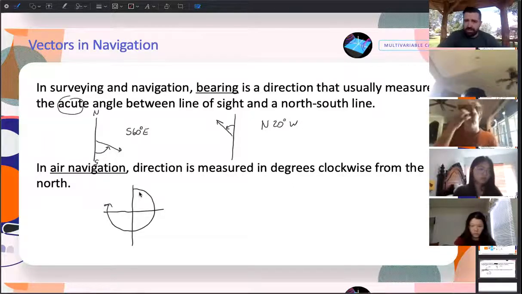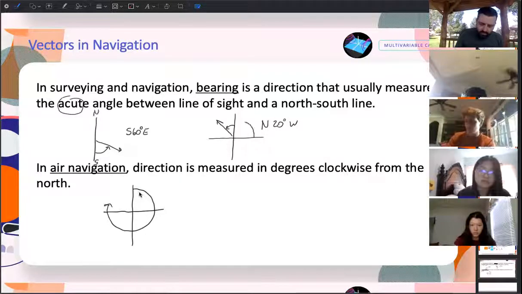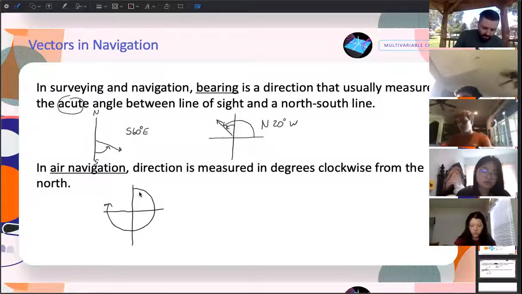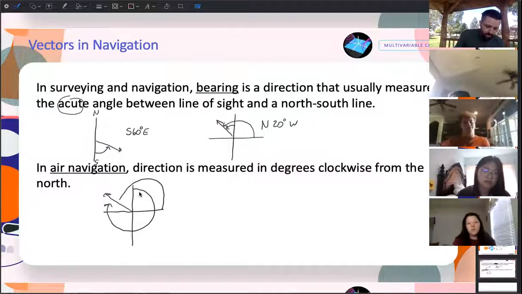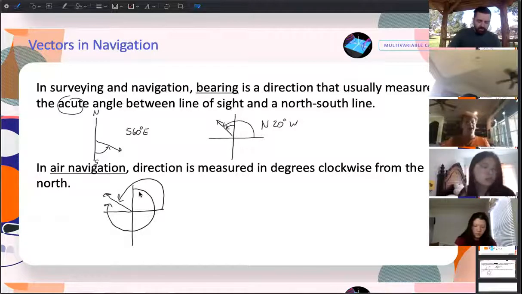If it's given in this notation, you would have to figure out the equivalent angle from the positive x-axis going around before plugging it into a math formula, or it's not going to work. Same here, if this was a vector, you would have to figure out the equivalent angle from the positive x-axis going around before subbing it into some formula we've come up with. And then the last thing on here, which I won't finish,